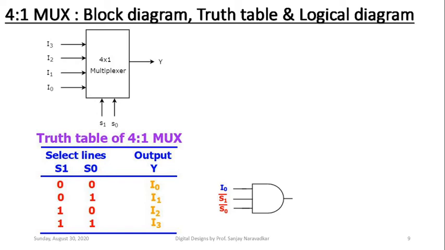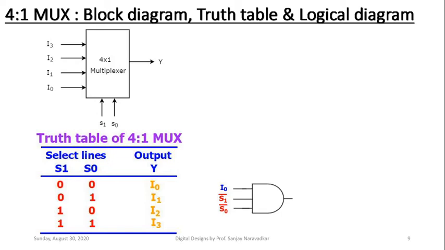In order to develop that equation, we have already seen that for a certain output, if that input is 0, then its complement, its bar, is to be taken. And if that input is equal to 1, that corresponding input variable is to be taken as it is. So in order to steer that I0 to the final output, from the first entry of the truth table from the top,